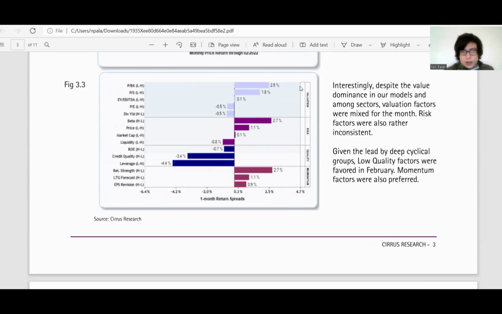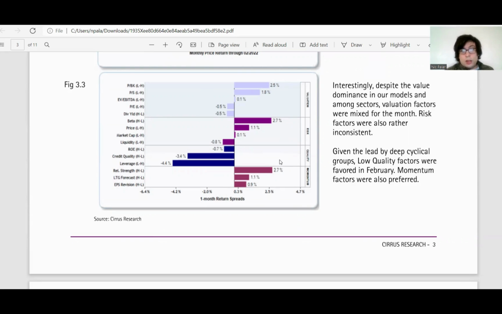And as you can see, these factors are divided by themes. So we have a number of valuation factors, a number of factors that we associate with risk-on environments, a number of factors we associate with quality, and finally, factors that we associate with momentum. Just quickly eyeballing this, you can see that valuation factors did pretty well in February. Risk factors also